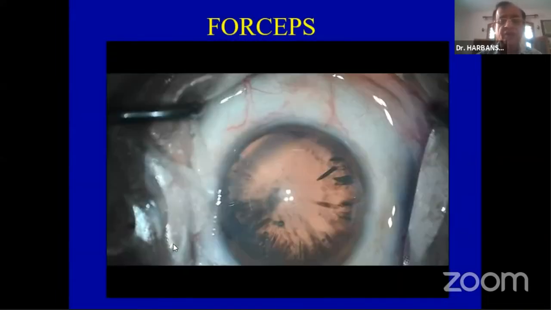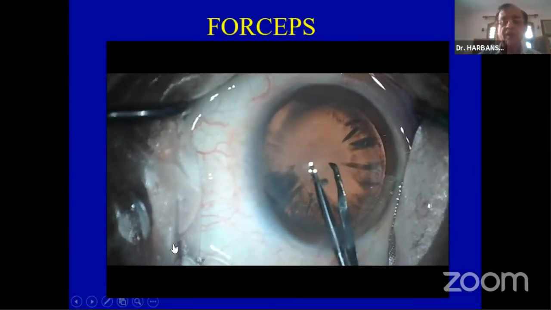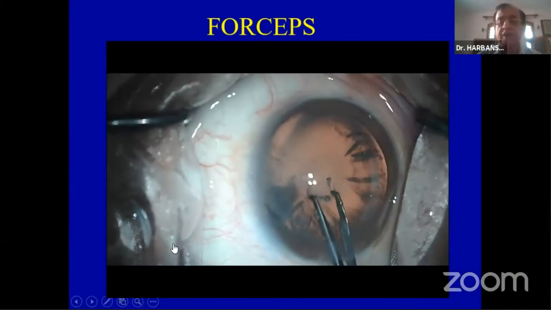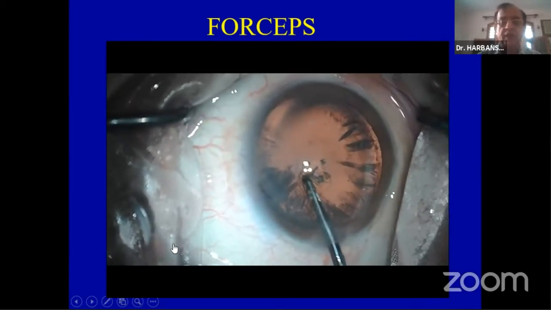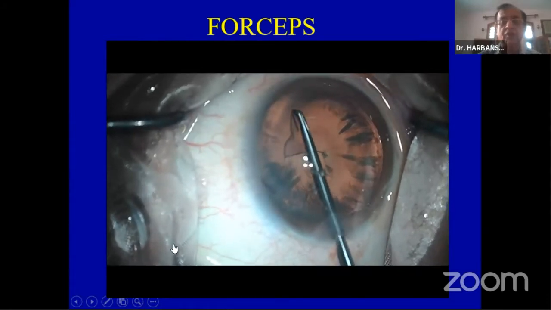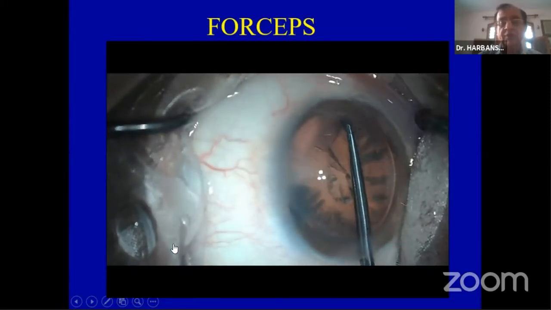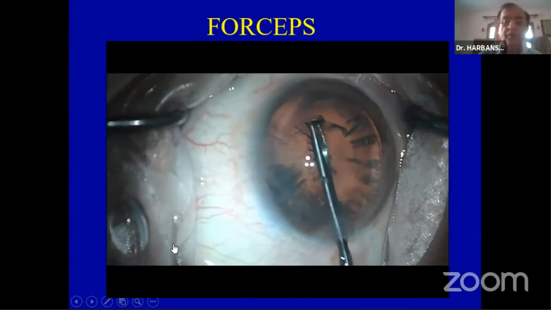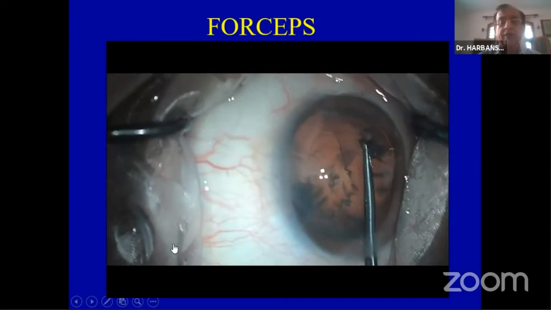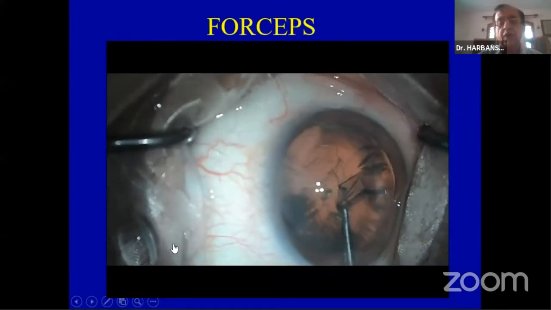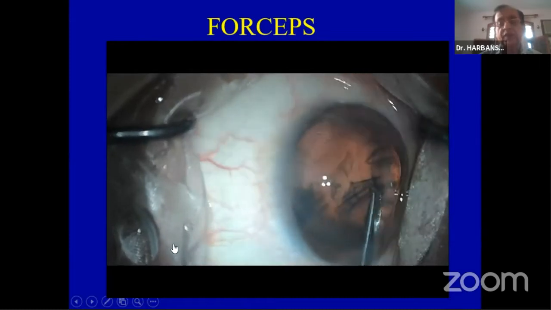You need to practice the access not only with the needle, but also with the forceps. You should also practice clockwise and anti-clockwise. Many times you may land up in a difficult situation. I usually use the needle, so I'm much more comfortable with the needle, but once in a while I do use forceps to keep in touch with forceps access. And it becomes very crucial and important when you are handling a soft cataract or a pediatric cataract, where of course you cannot make a rhexis with the needle.